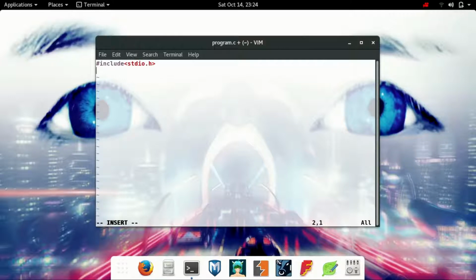Here I already opened VMware for creating a program. First we will discuss the if else statement, that is the normal if condition. That means 7 modulo 2 is equal to 0. That means printf